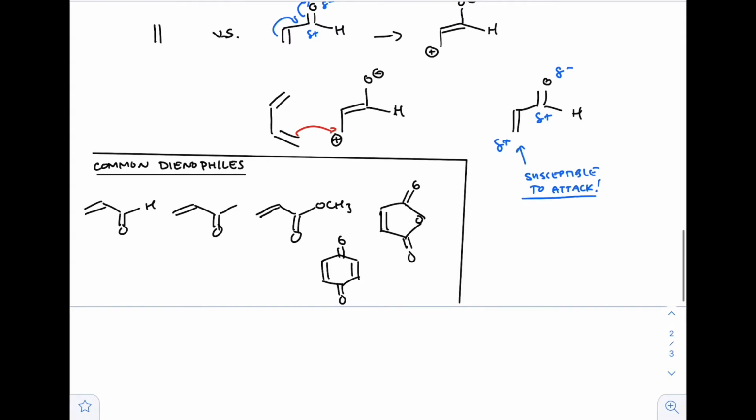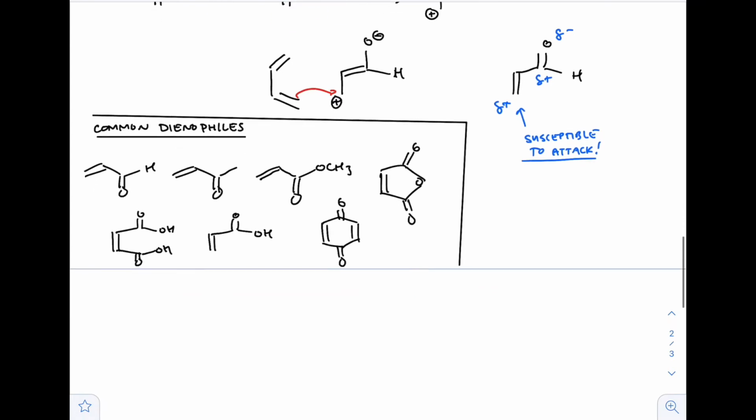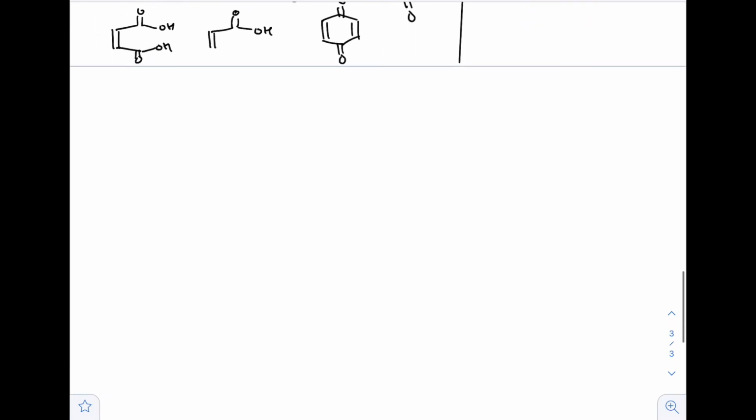This guy right here, also super fancy. And then I'll throw a couple more in here for you. Let's see. So we could have carboxylic acids on either side, or a carboxylic acid only on one side. Okay. So these are common dienophiles just because even carbonyl groups are actually pretty reactive, right? So you can functionalize them after the fact, but the Diels Alder reaction moves nice and smoothly because it has the carbonyl group on it, which is an electron withdrawing group. Okay. Now, stereochemistry of the dienophiles